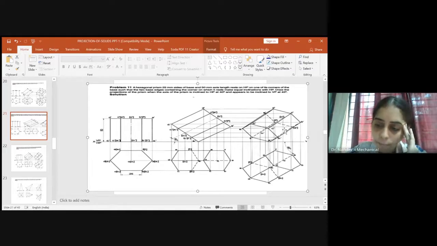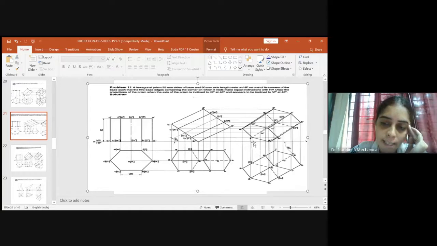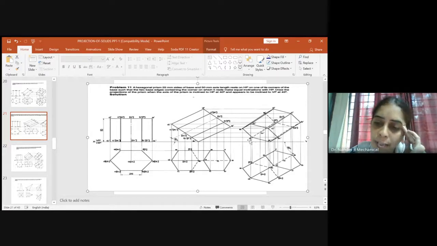So this is done. And then another thing I have told you: any projection line which is coming out through inside the surface through which it has been visualized will always be hidden. So here we have the corner F1. F1 dash to F dash is passing through inside the surface of the hexagonal prism, so this will be hidden. So you have to draw a hidden line here. Okay, so F1 dash to F will be hidden.